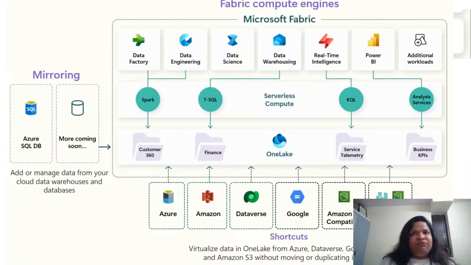Now, as I have mentioned, maybe in your organization, you are using other cloud services, not only Microsoft services. Absolutely possible. You can use other data sources also to have your data in Microsoft Fabric. Now, when you're bringing that data to OneLake, you don't want to create a duplicacy, because data is already saved there.